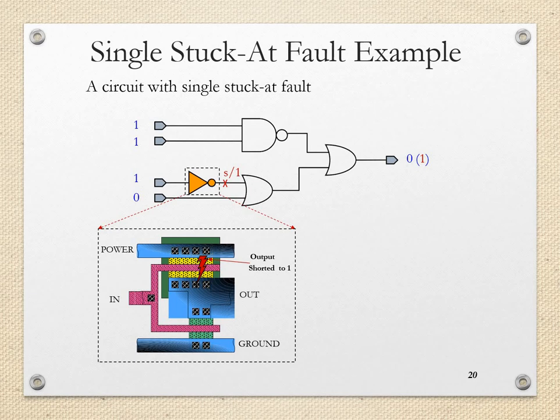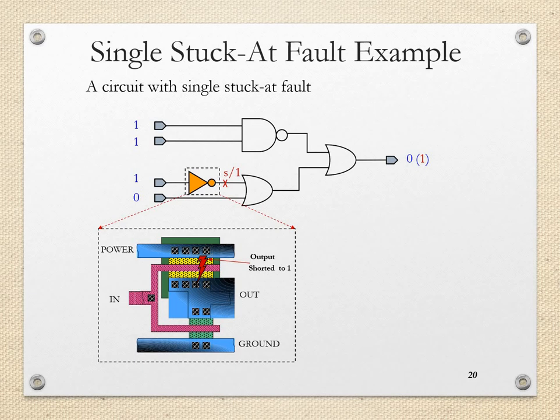And how this fault will occur is shown in detail in the layout. This is the inverter layout, and in this inverter layout we can see that the output line, the upper one, gets shorted to the power line. Meaning irrespective of the input signal given to the inverter, the output of the inverter will remain permanently logic 1. So what will be the effect of that? How do we find out which particular set of inputs can detect this particular fault?